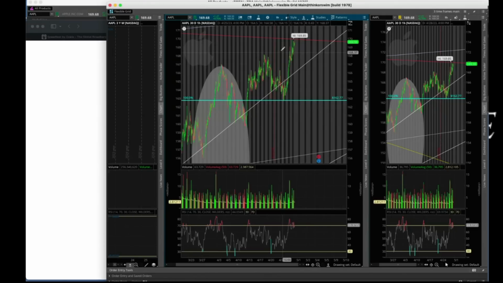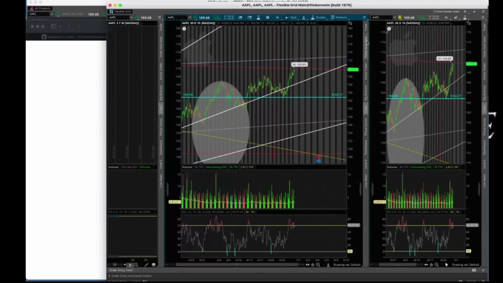Like what's going to happen? It's going to go like this, right? Yeah. Does that make sense? Because you need some pullbacks and then you need it to rip. So between here and here, it's like 2 weeks, right? Does that make sense? So it doesn't mean that Apple's going to tank.